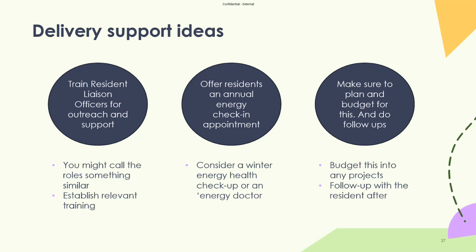I recently spoke to someone in a flat who'd had an air source heat pump installed. They'd gone completely off gas, so they were solely electric. And they were so pleased with how it had gone. They loved their new heat pump in the way that it kind of made sure that their home was warm when they needed it. And having that knowledge that it wasn't from a gas kind of supply, that it was from a decarbonised, or as much as decarbonised as the grid is at the moment, source, they were really happy with that. So those positive stories are also really important to address, as well as any challenges, any negatives,